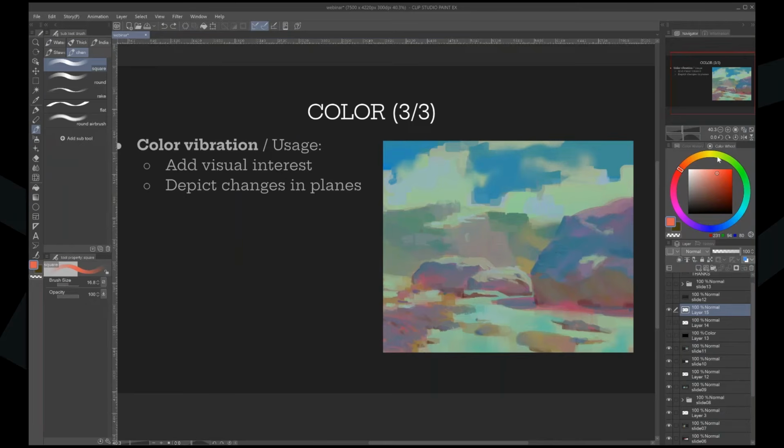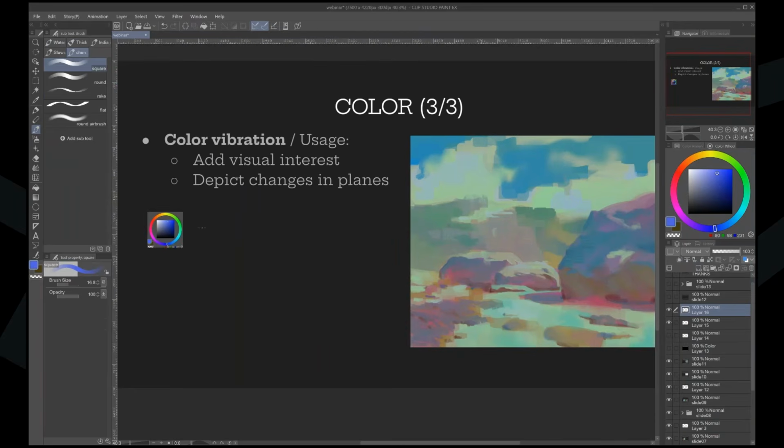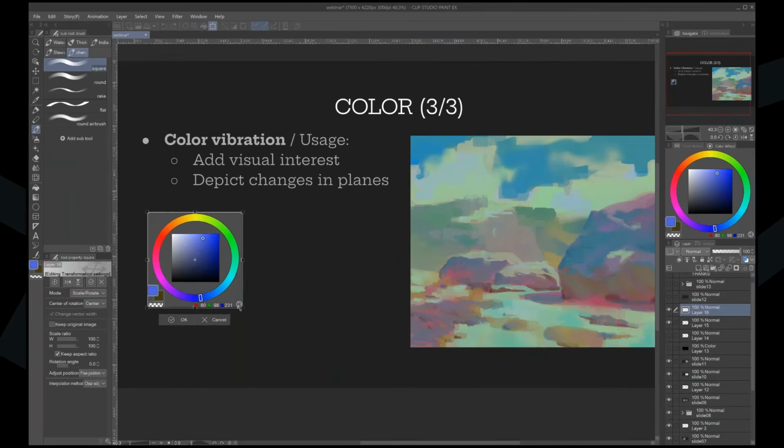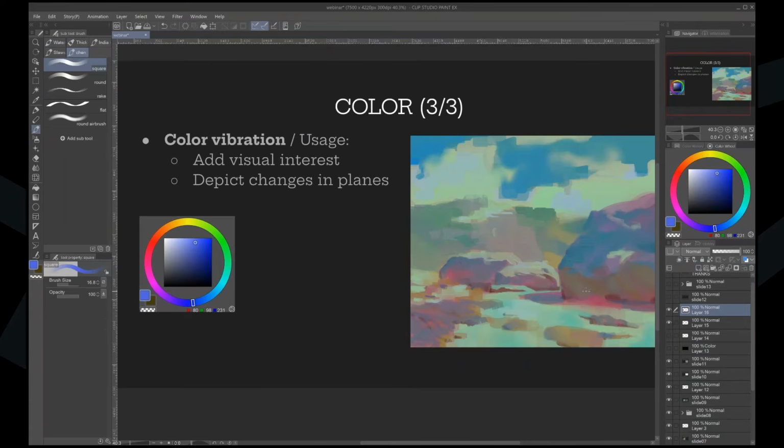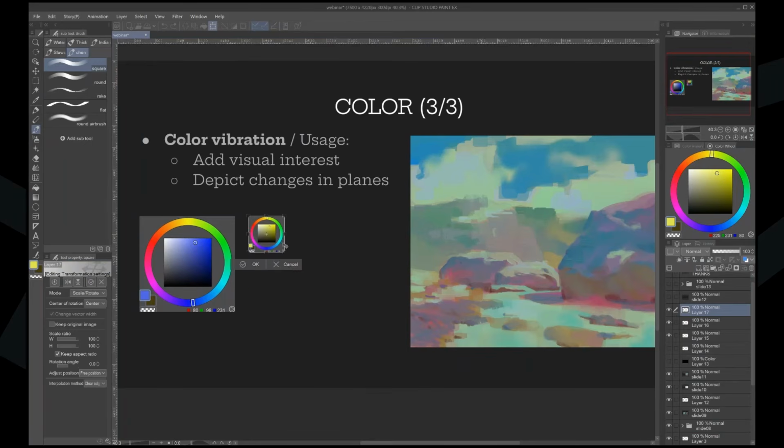So I think about it this way. I'm going to take a screenshot of the color wheel, and I'm going to paste this here. I'm going to make this bigger. And then I am also going to take a screenshot of the color wheel when it's in yellow and compare. The reason why I want to look at these two colors is because